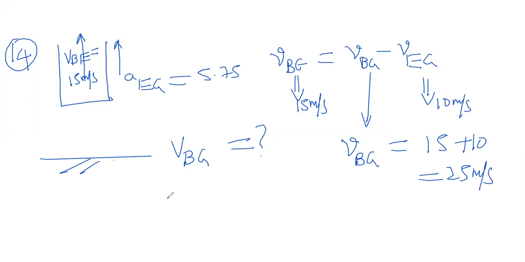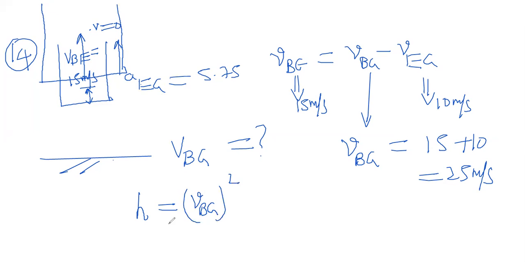Is this understood? Now maximum height formula we can apply. Maximum height of the elevator reached from the total ground surface means it includes this 1.5. From the 1.5 meters height it is projected, it goes up, becomes a maximum velocity 0, and then it falls to the ground or floor of the elevator. This is included, all that will be included there. So h max is what? V, velocity of bullet with respect to ground, whole square by 2 into acceleration of bullet with respect to ground. This all we have to substitute.